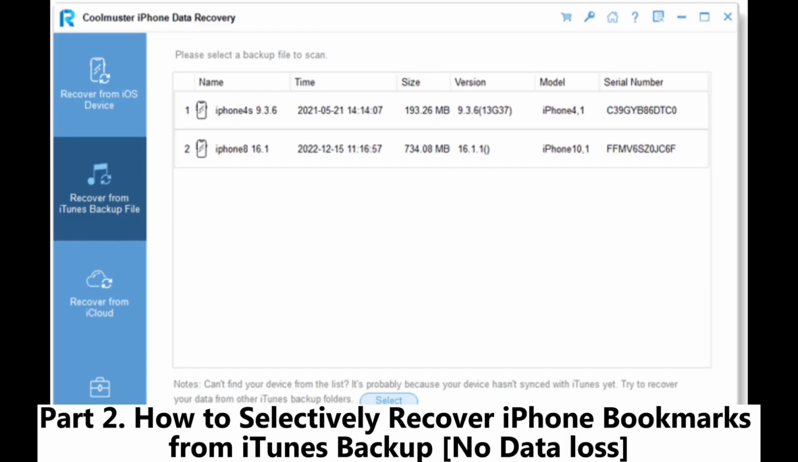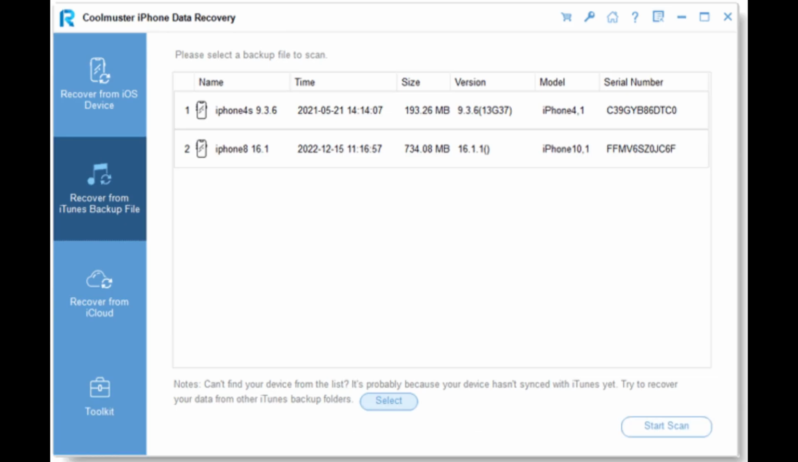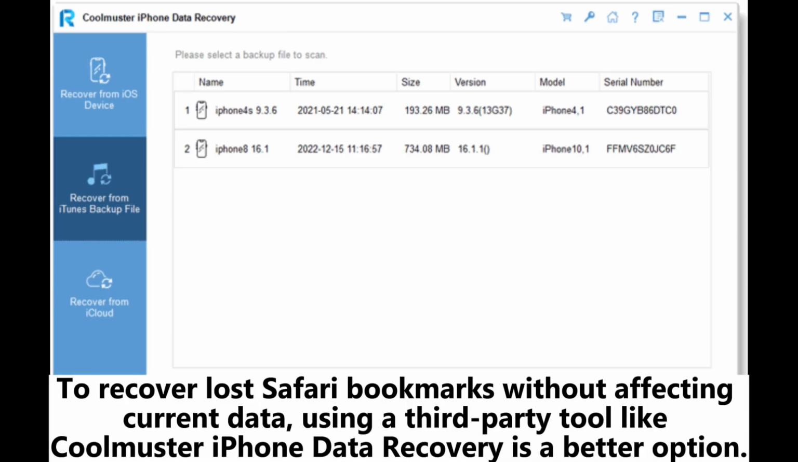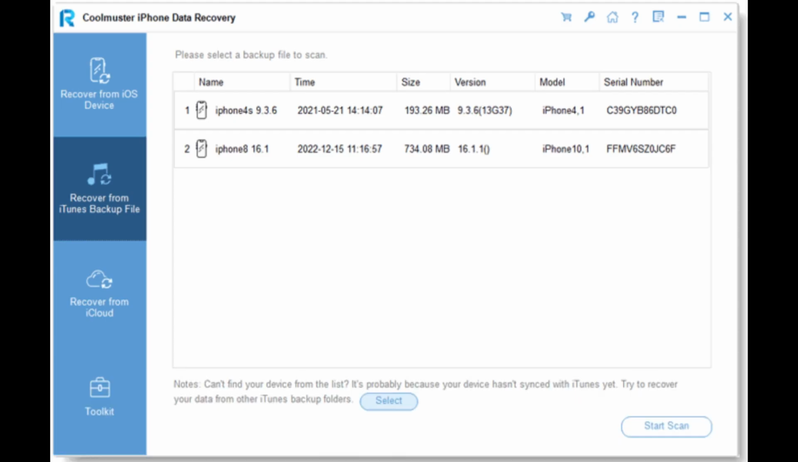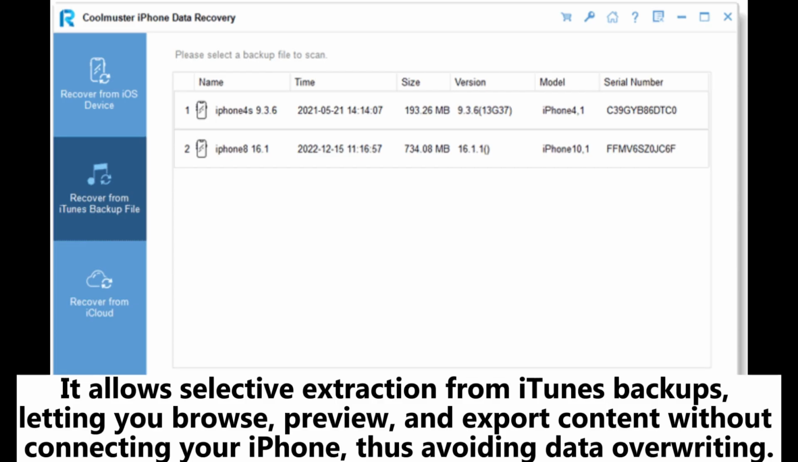Part 2. How to selectively recover iPhone bookmarks from iTunes backup. No data loss. To recover lost Safari bookmarks without affecting current data, using a third-party tool like Coolmuster iPhone Data Recovery is a better option. It allows selective extraction from iTunes backups, letting you browse, preview, and export content without connecting your iPhone, thus avoiding